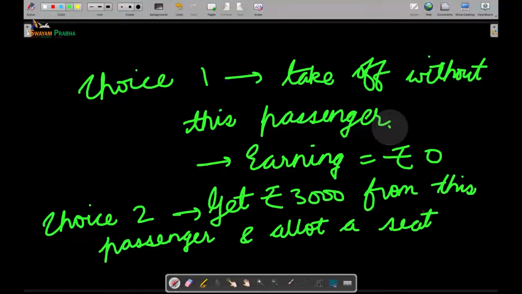Now, once you have this extra passenger on the aircraft, it will also incur certain costs because there will be an increase in the weight. Now, one person on an average is like 60, 70 kgs. So, what is the additional amount of fuel that will be required for this particular passenger? Let us say the additional amount of fuel that is required is 500 rupees. Because in any case, you have this aircraft that is weighing several tons, and this aircraft is going to take off. If you add 60, 70 kgs extra, the change in the fuel will be very less, say 500